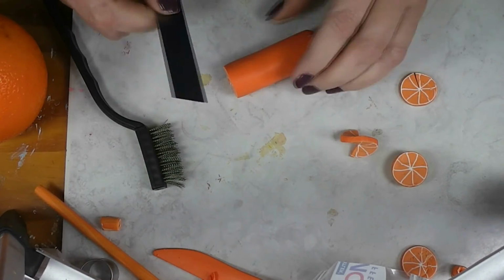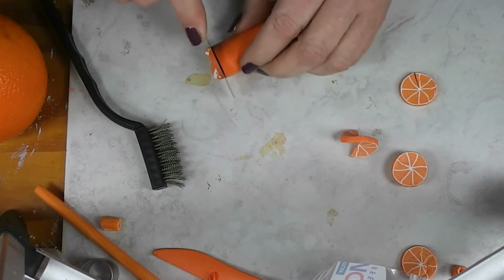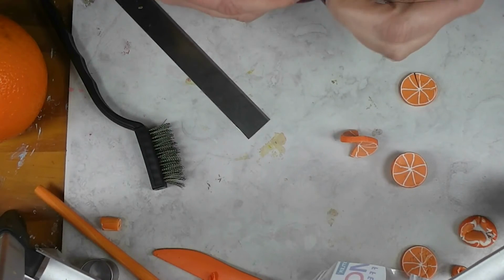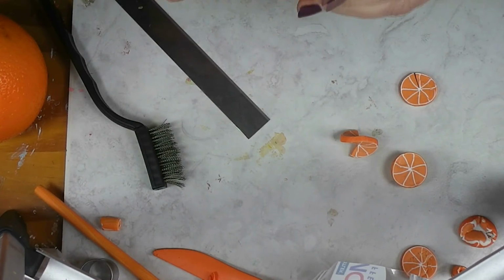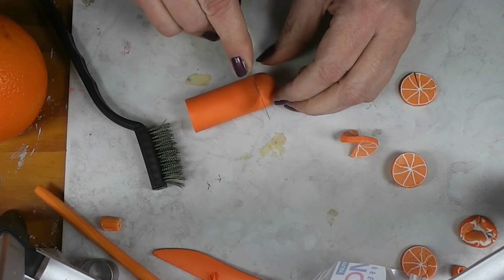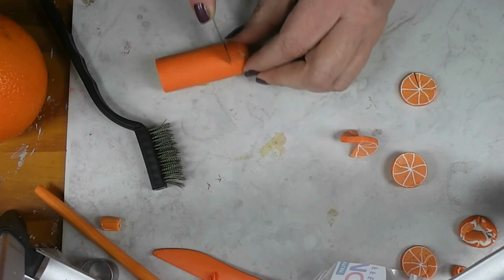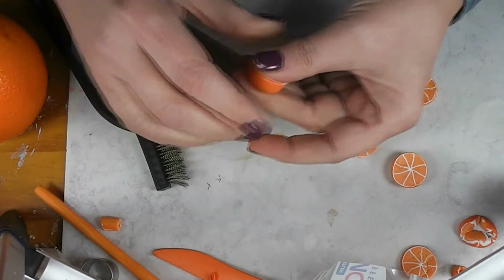Let's make another closed orange. I wonder how far up we'll have to go here. Let's cut off the end here. I wonder how far up I'll have to go. Get that off. I'm going to close this other end up. I may end up having to close this on both sides. This may or may not work. I'm not sure if I can cut up far enough to get past the end, because there's always bits at the end of your cane that are not right. That's just part of doing. Oh, it worked. Right. So